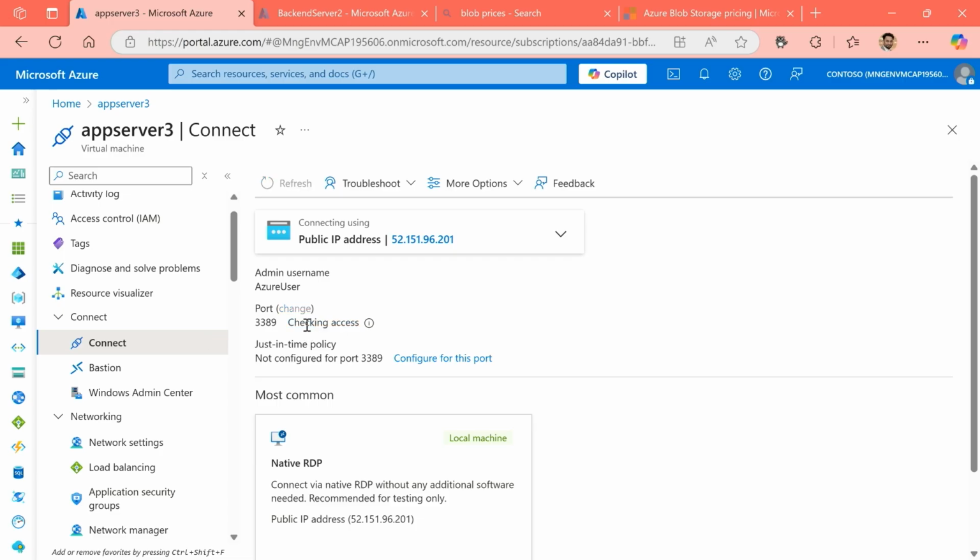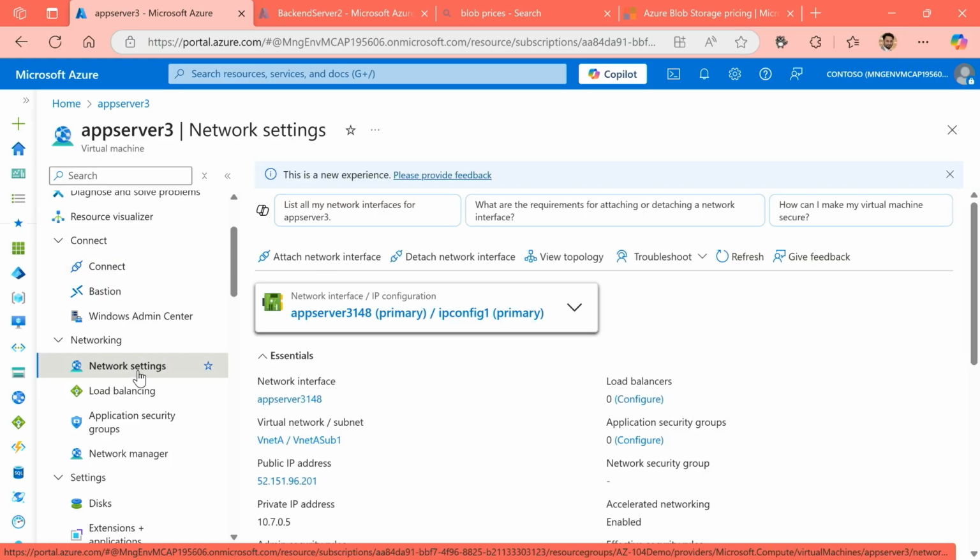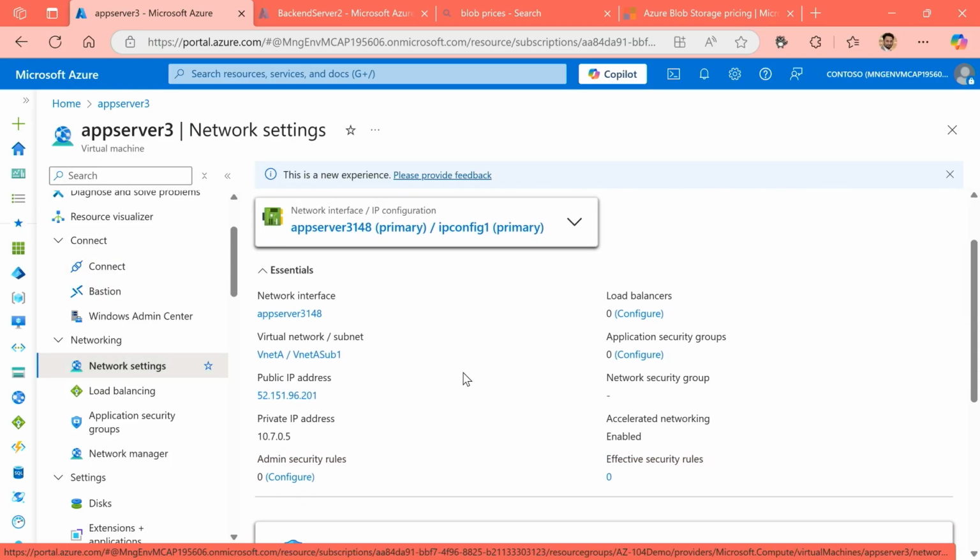Now let's just check access to see, can I currently connect to it? Now, typically, if you have security features added to this virtual machine, such as NSGs, then you might need to go and enable certain options within your NSGs. Currently, it suggests it's not accessible. So for me to do that, all I can do is go back into my network settings and check if everything seems okay within here.